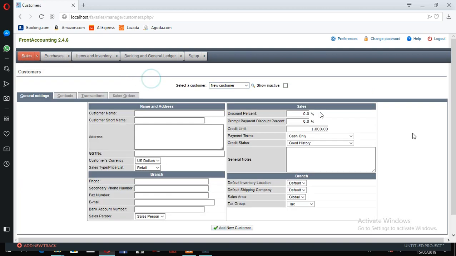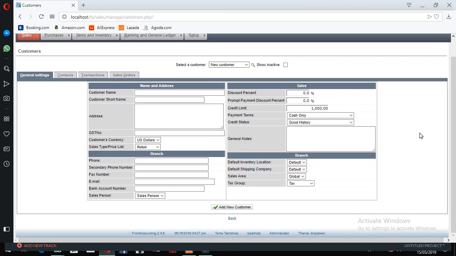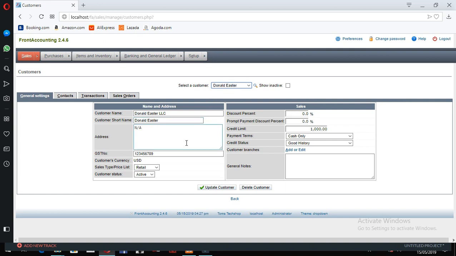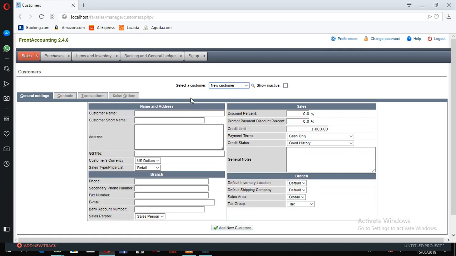So I'm going to explain this. This is the maintenance of new customers module. If you are going to edit an existing customer, you can just select them and edit there. But if you are going to add another customer, you have to select New Customers from the dropdown. Okay, so customer name is where the registered name for the business goes, for example McDonald's,